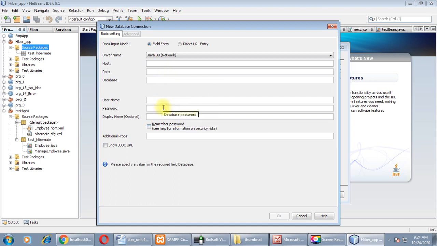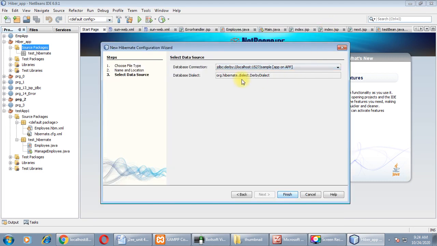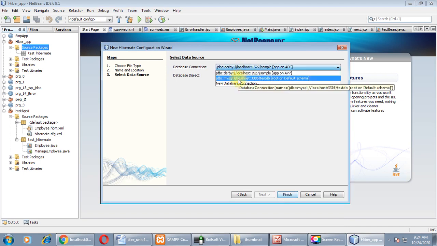Okay, set these properties. As you can see, I have already defined that string. Here it is, JDBC MySQL localhost, 3306 is the port ID. The name of the database is testdb, and root is the username.